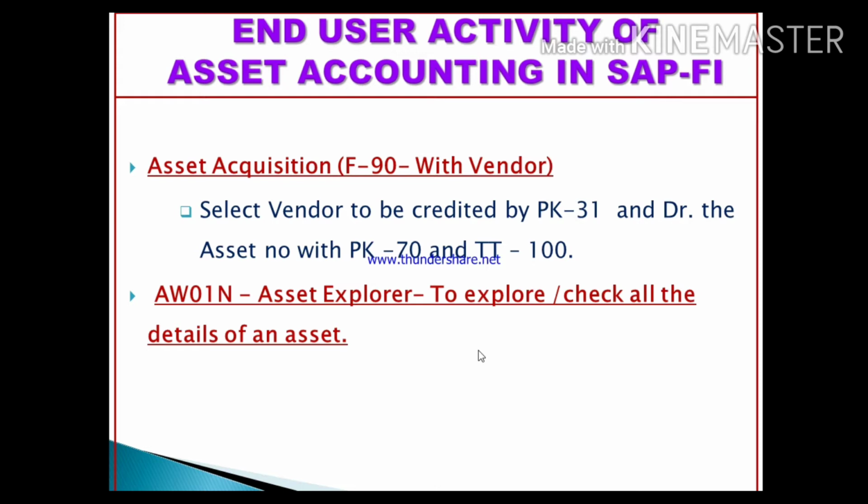Here friends, when we want to acquire or purchase an asset without a purchase order, we post it in F-90 with a vendor. So here we are purchasing an asset directly from the vendor. So let's now go to the SAP screen and see how to perform this end user activity.